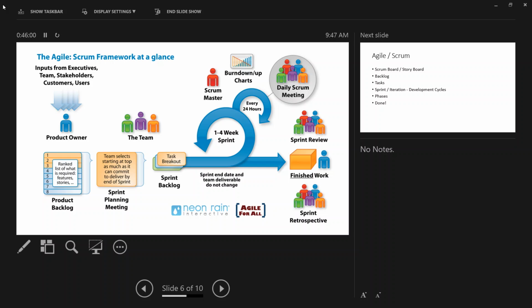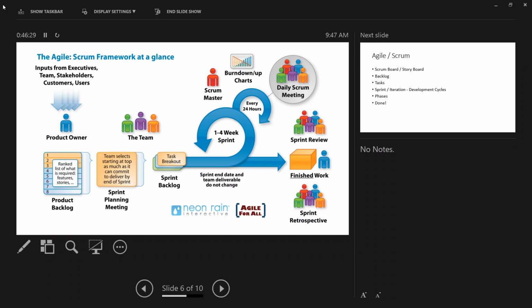Everybody reports their work by the end of the day: how much work I have finished and how much work is remaining. That's what this chart is about. It's supposed to go down to 0, burn down. The Scrum Master can track it, or the team can track it, how much work we still have remaining.